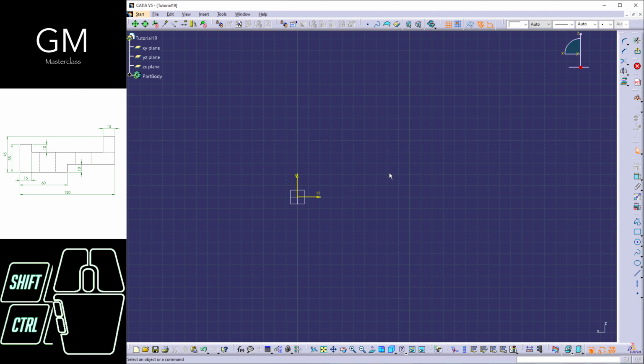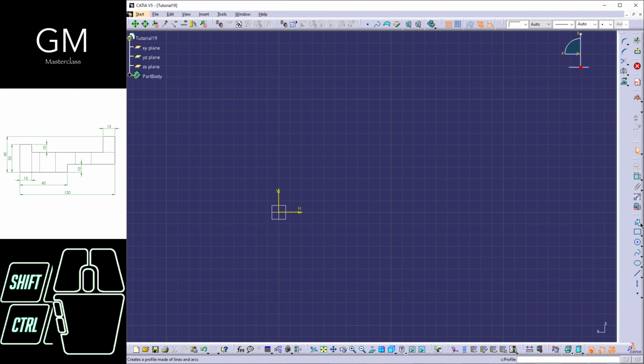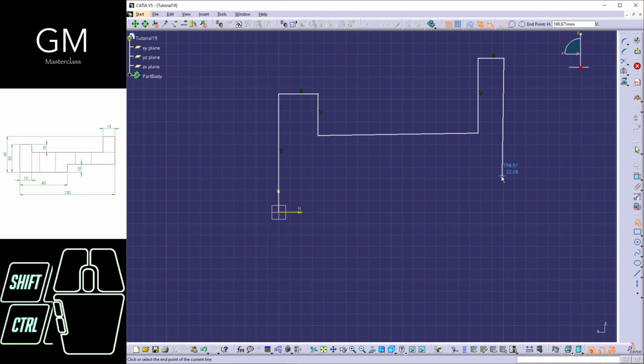Alright, what we have to do here is to create a shape that looks like the one we have right here. This shape. I don't really care about the dimensions yet. Alright, so right here I have this. You have to be certain that you are using vertical and horizontal lines. Although I've made a mistake right here with this line,